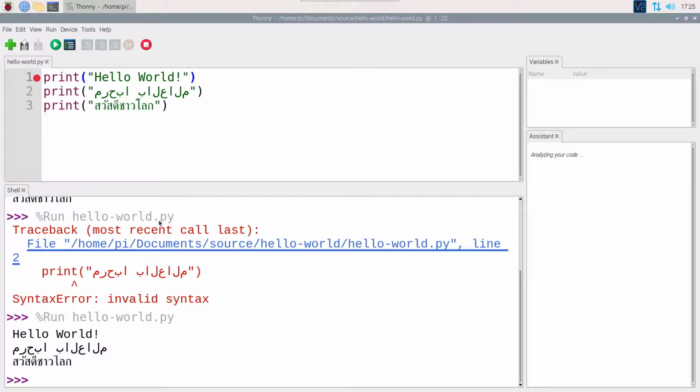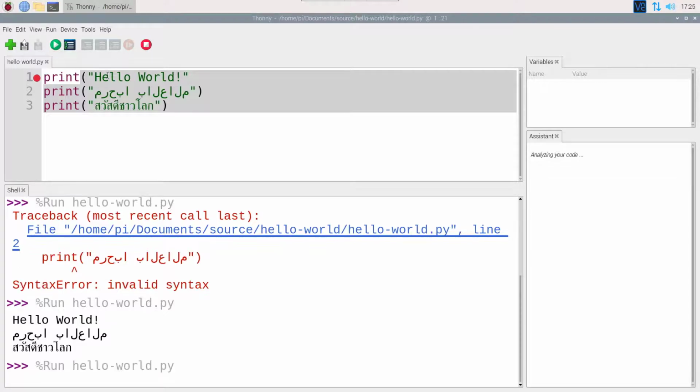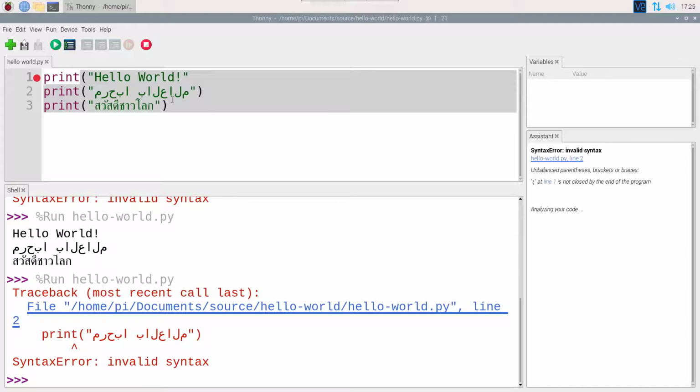So if you ever see a syntax error like that, you will know that it's something wrong with the formatting of your code. That can be very frustrating for a lot of beginner developers, but with experience, you learn to recognize these things by looking at the code. And the great thing about Thonny is it'll give you some highlighted assistance here